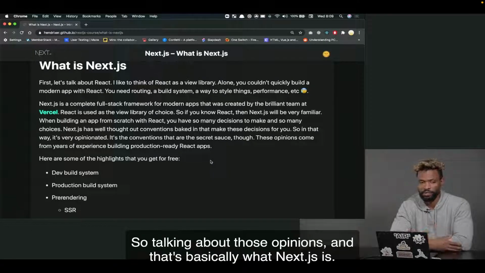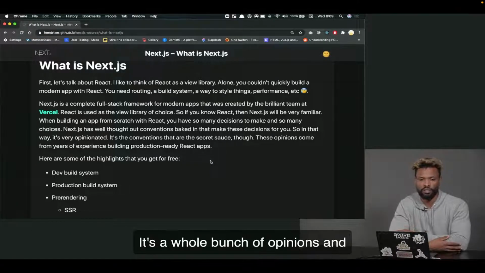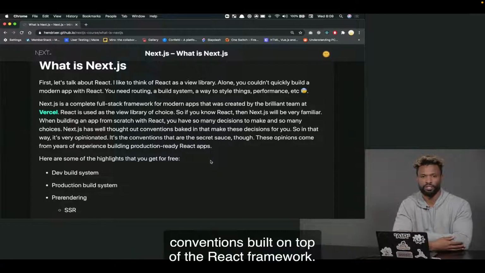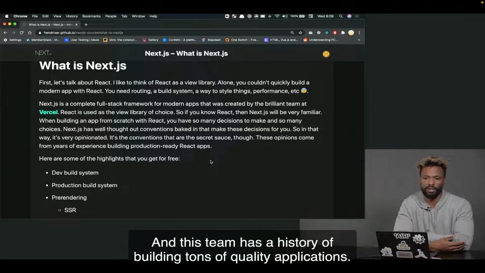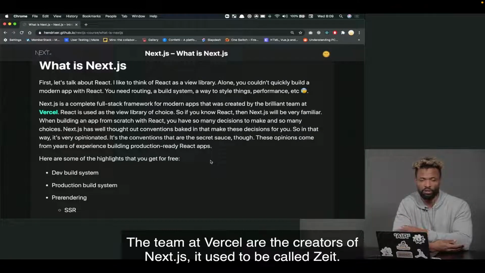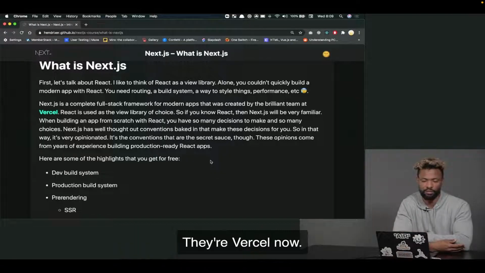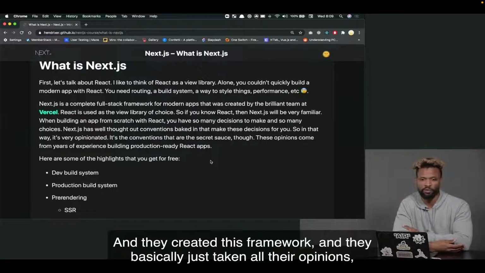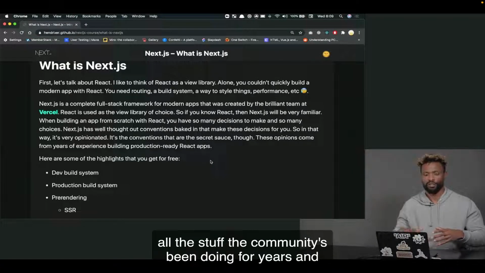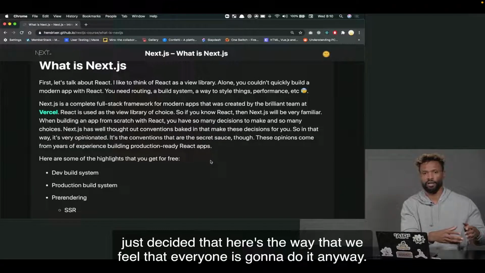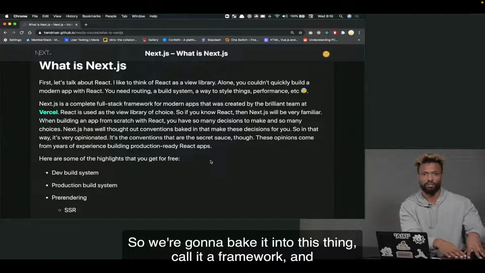So talking about those opinions, that's basically what Next.js is. It's a whole bunch of opinions and conventions built on top of the React framework. And this team has a history of building tons of quality applications. The team at Vercel are the creators of Next.js. It used to be called Zeit. They're Vercel now. And they created this framework, and they basically just took all their opinions, all the stuff the community's been doing for years, and just decided that here's the way that we feel that everyone is going to do it anyway. So we're just going to bake it into this thing, call it a framework,